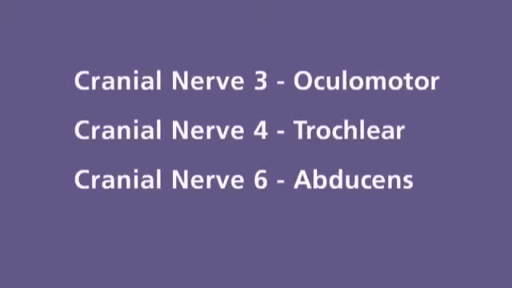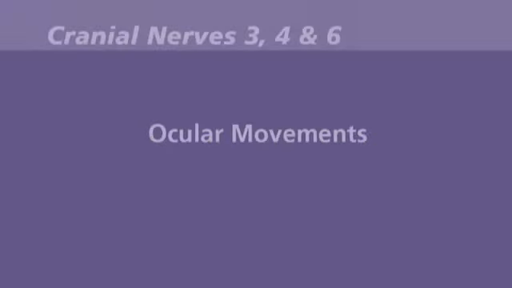The cranial nerves 3, 4 and 6 are usually examined together. The tested components are the ocular movements and the pupillary reactions. First, I look at the ocular movements. I check the normal resting position of the eyes and then the